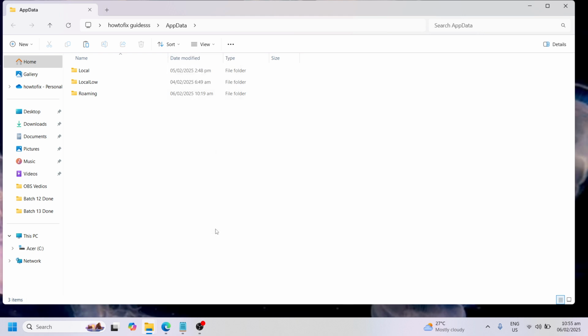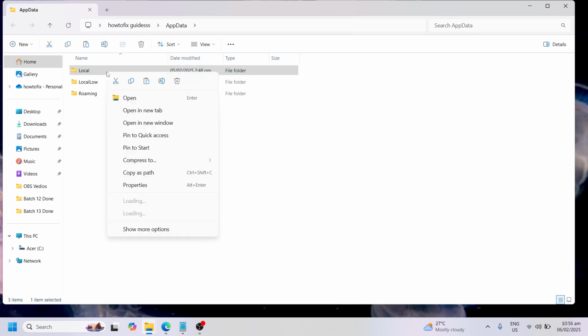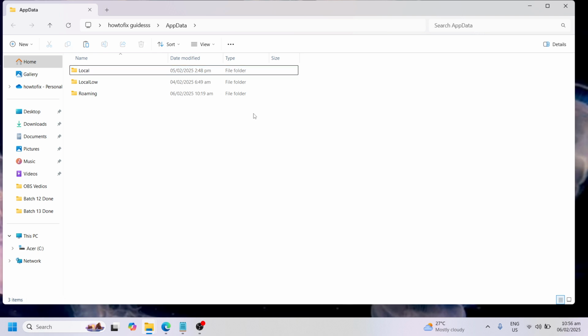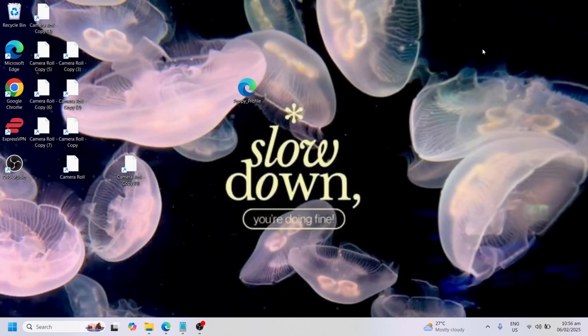Okay? So after that, you need to select this and do a right click, on any of these two, and then go to Delete. Okay, so after that, we will proceed to the next step, which is to locate our Task